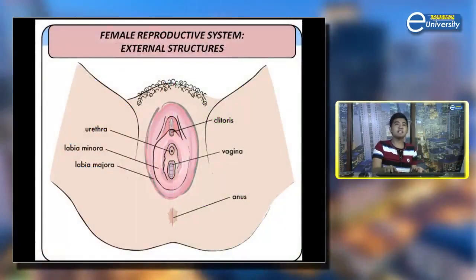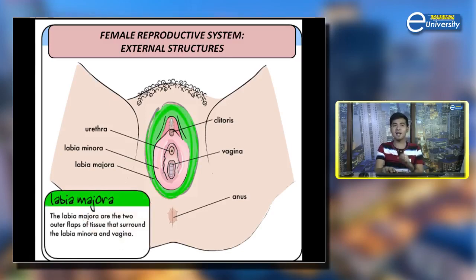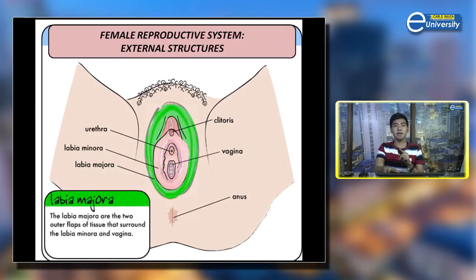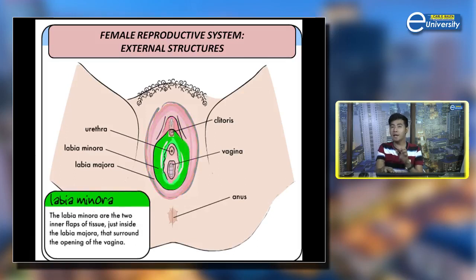Now, I have here an external diagram of the female reproductive organ. Again, it is for educational purposes only. For the external structures, we have the labia majora and labia minora. The main difference of the two: labia majora are the two outer flaps of tissue that surround the labia minora and the vagina, while the labia minora are the two inner flaps of tissue just inside the labia majora that surround the opening of